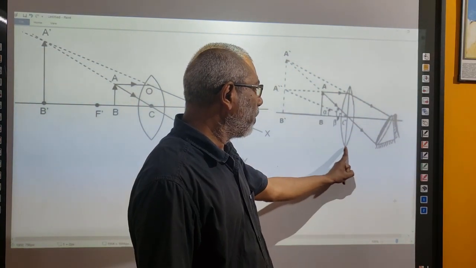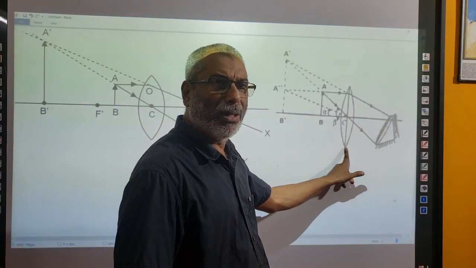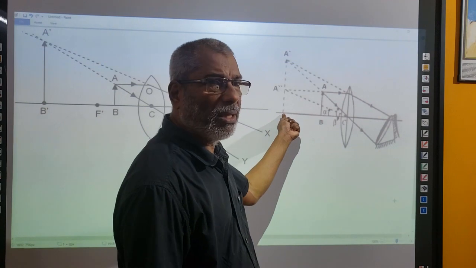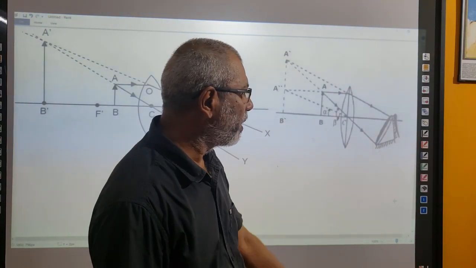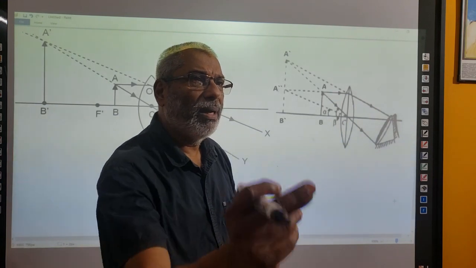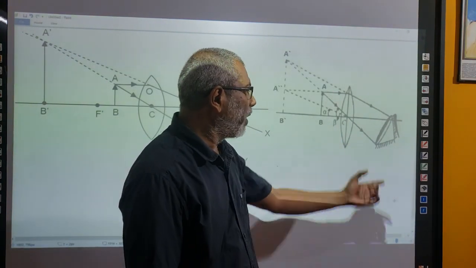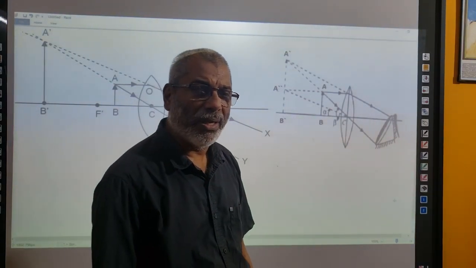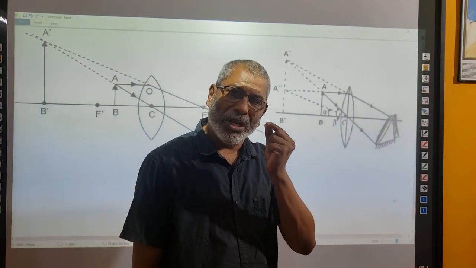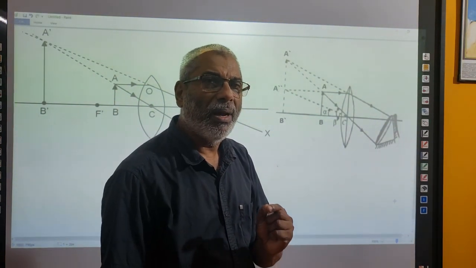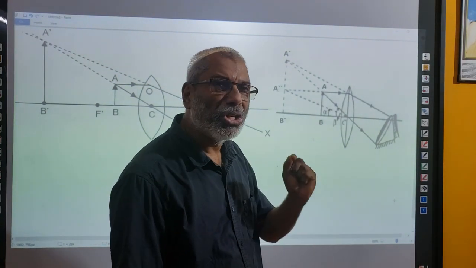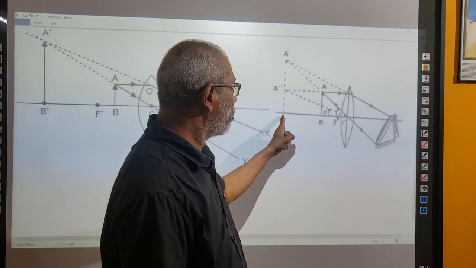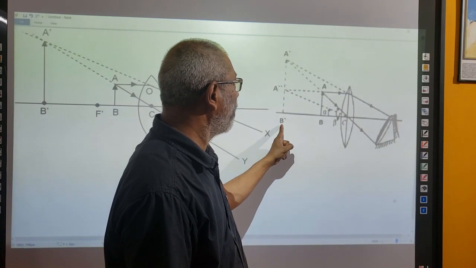But if we keep the convex lens here between the object and the eye, it can make the image exactly at the least distance of distinct vision, that is 25 centimeters for the healthy eye. That is why a simple microscope can give you an enlarged clear image of the object. So what is happening here is that the object which is kept very near to the eye has its image formed at the least distance of distinct vision of the healthy human.